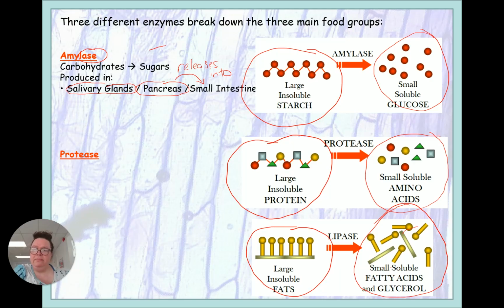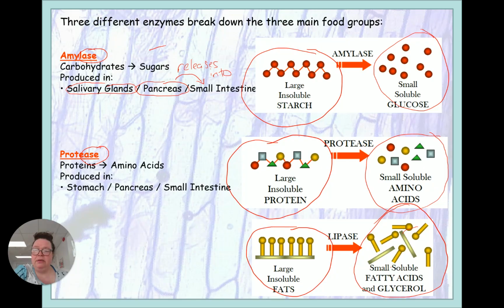Okay, right, next one. Protein is broken down by protease. So if you look again, it ends in ASE. And where does this happen? Okay, so proteins to amino acids produced in stomach, pancreas, small intestine. Okay, so actually there's a mistake on here. I'm going to get rid of that one and that one, because that's not for GCSE. So produced in the stomach,